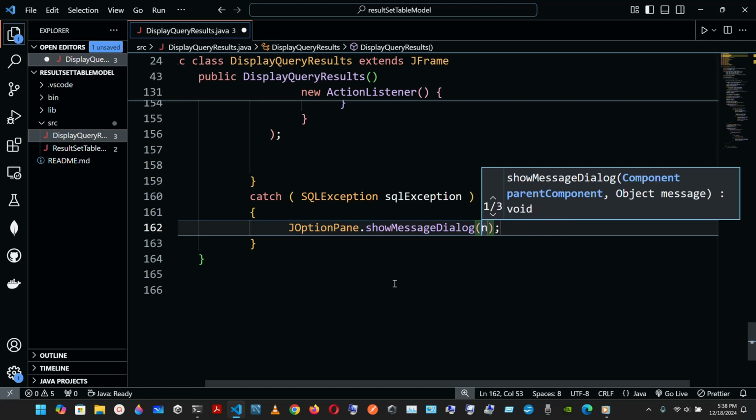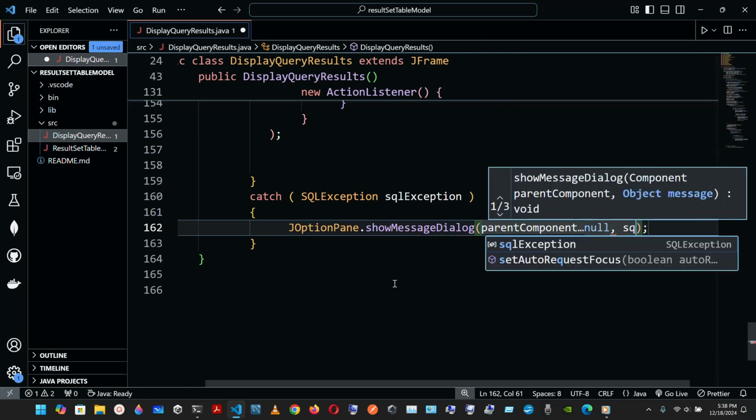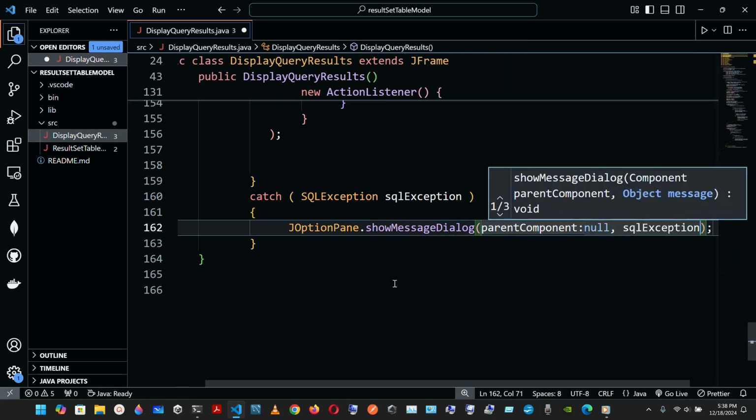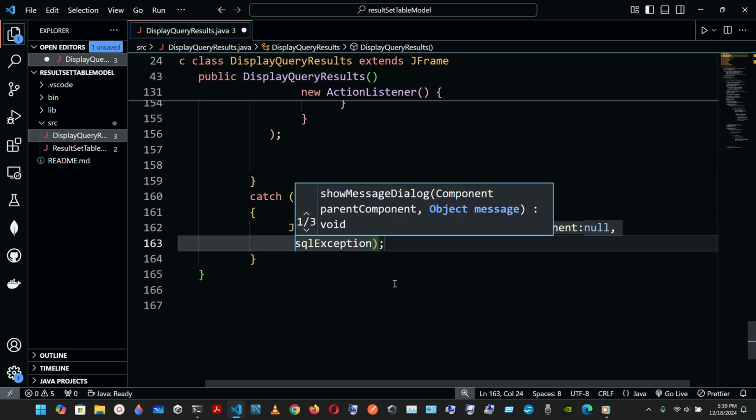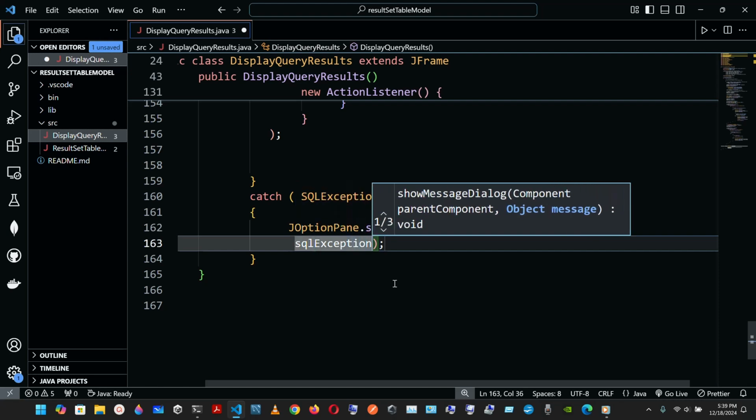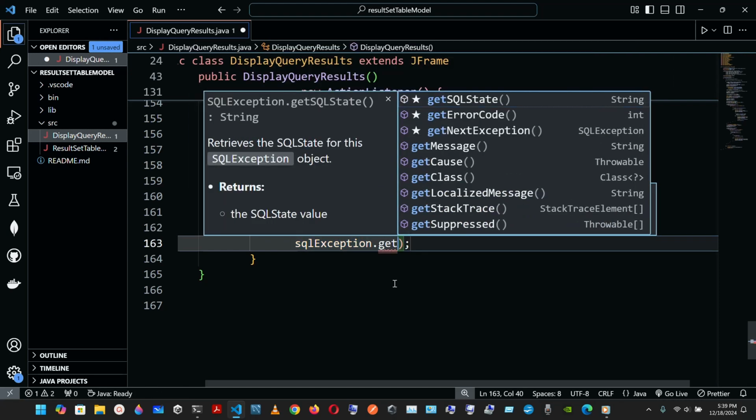We are going to pass in null, and we're going to pass in the SQLException, sqlException.getMessage(),